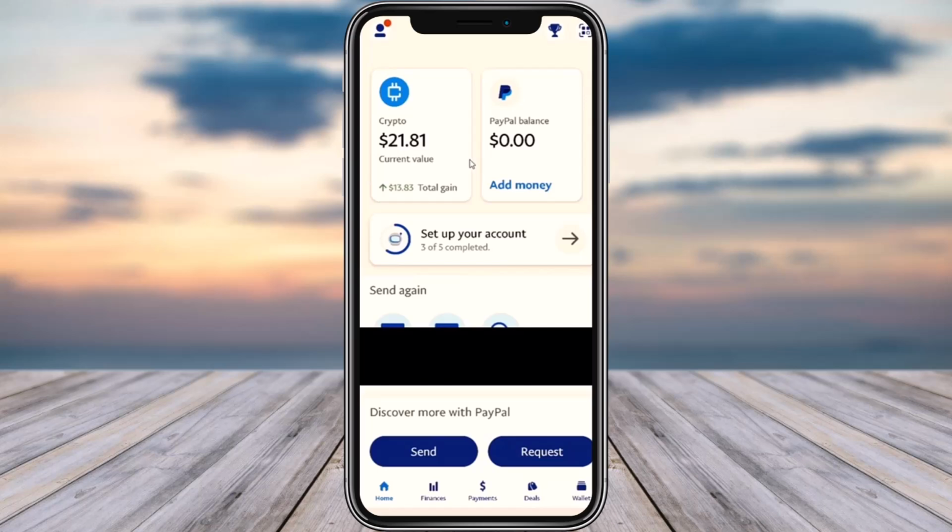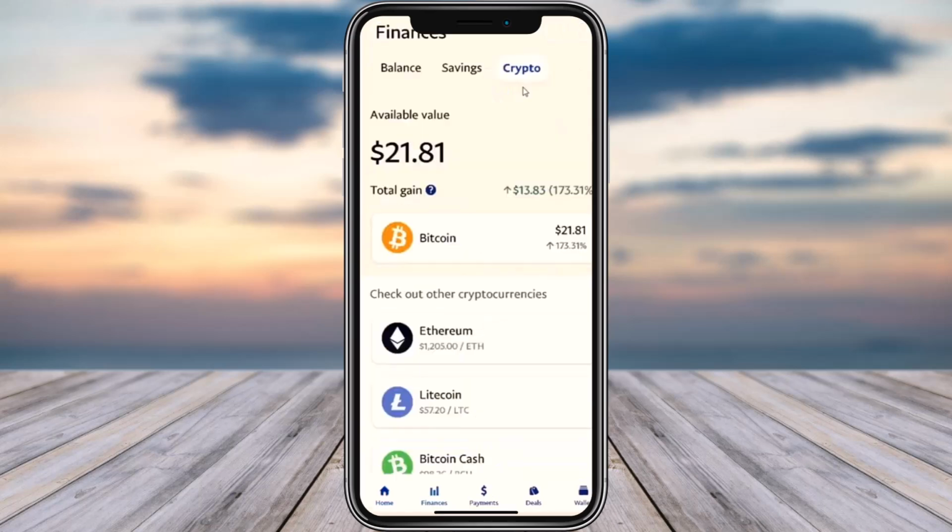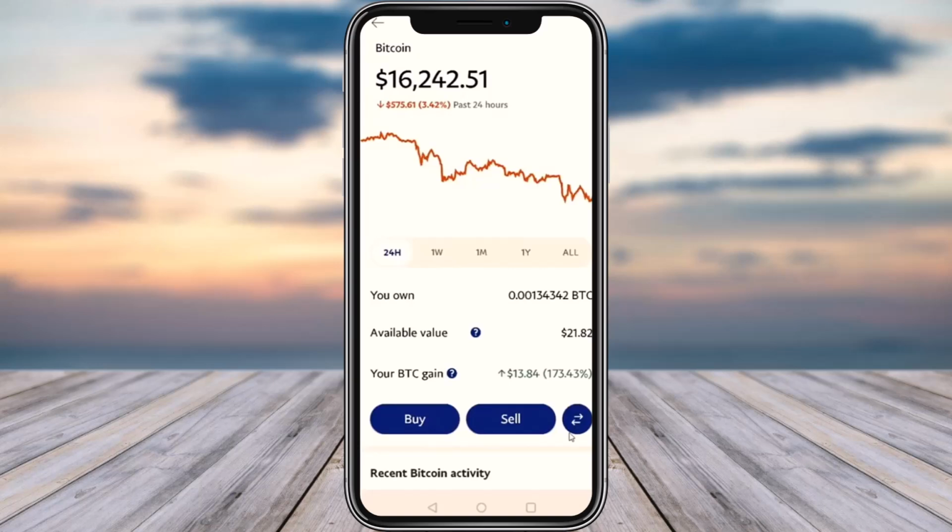For that, you're going to tap on this option of Finances in the bottom section. Then finally, you're going to simply be able to use the Finances section. Go ahead, switch to your crypto on top, and then you're going to find your available balance on top and the total gain here in the Bitcoin section. So if you want to simply transfer the Bitcoin, then tap on this Bitcoin option as shown in the bottom. And once you've done that, you're going to find